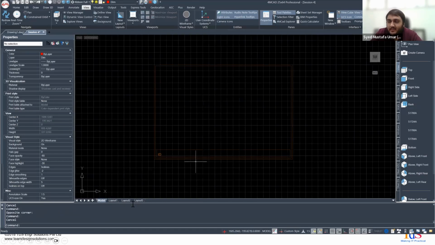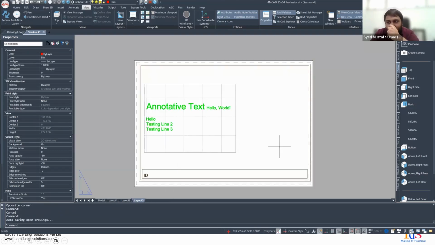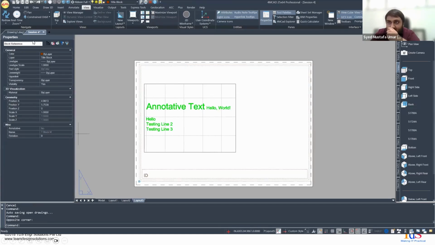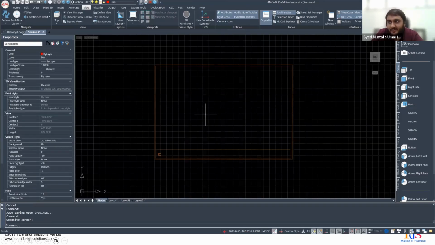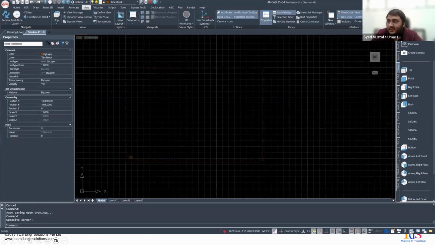So I've tried being careful where I know the dimensions of the space, and we see that this block is being used over here. So you see how there is this block reference. This is the title block, the block that we've drawn over here. So I've been careful to use the appropriate measurements. You can increase or decrease it, and then once you are inserting it, you can scale it up or down. But the idea is quite simple,